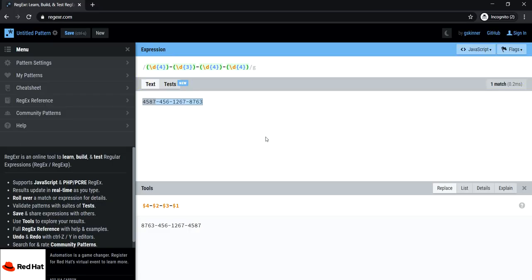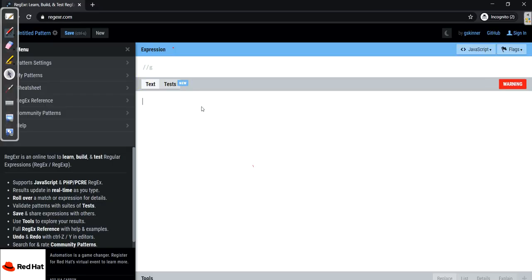Let's understand this with the help of an example. Let's take television and radio, and here we can see there is no similarity. So how can we write a regular expression so that it can match both of these strings? For this we can make use of the alternation operator.